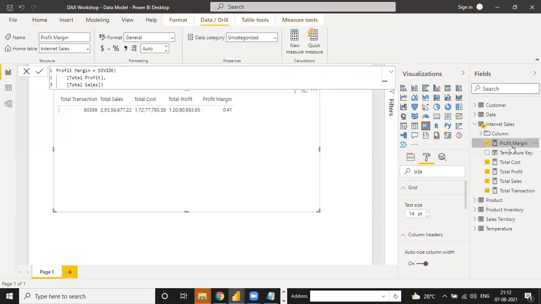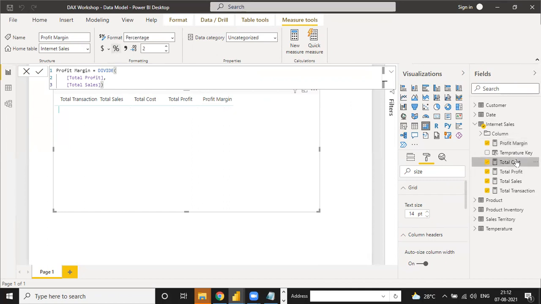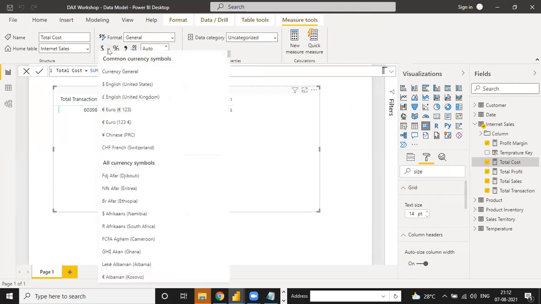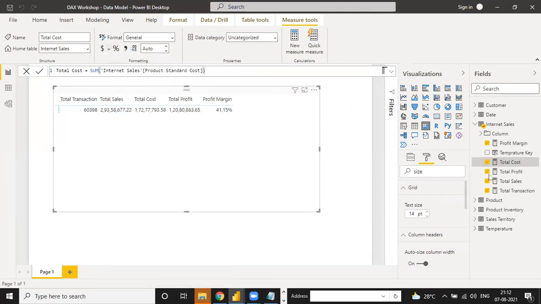Under the profit margin, we use a percentage. Under the cost, we use this kind of formatting, English United States.